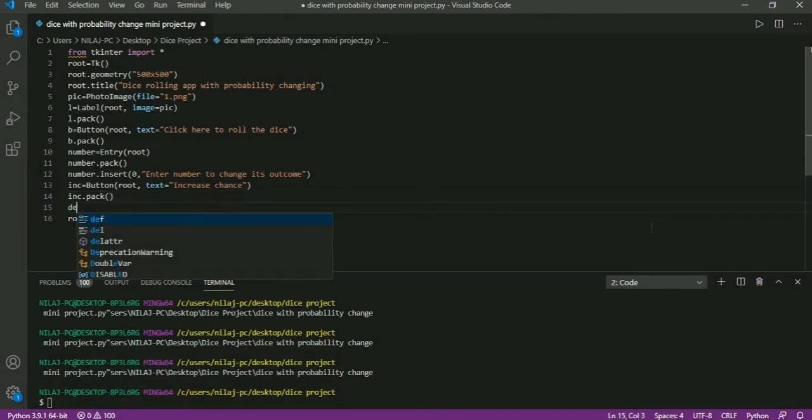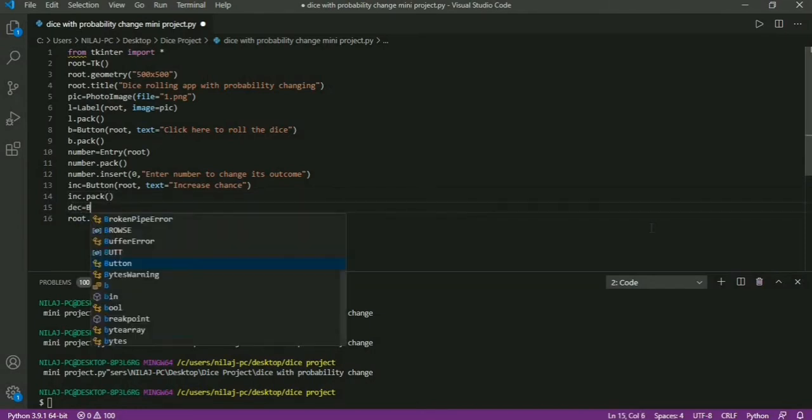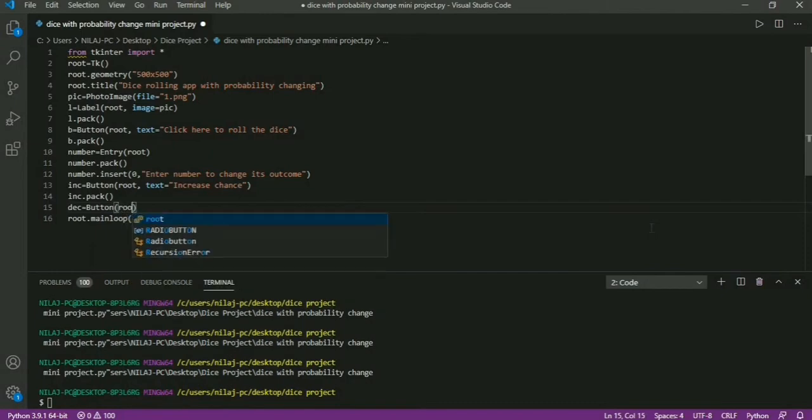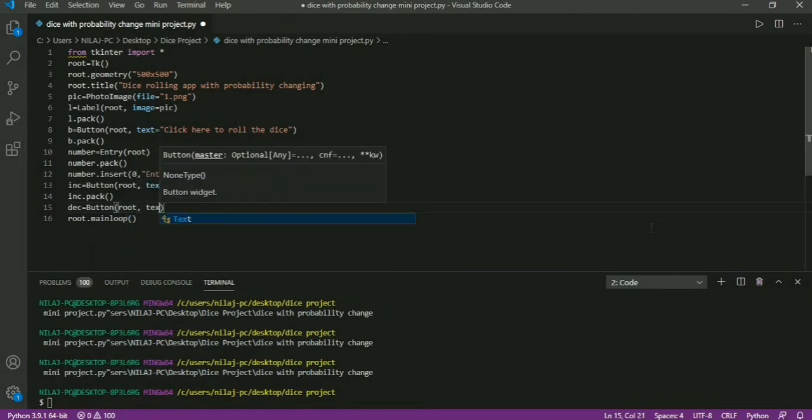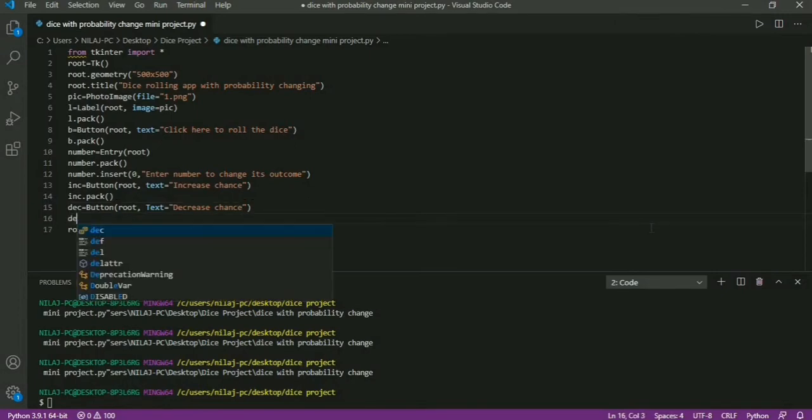I will create a second button. Decrease chance, and DEC dot pack.